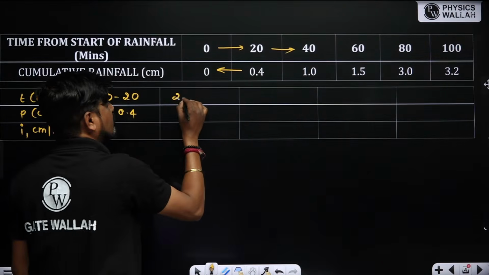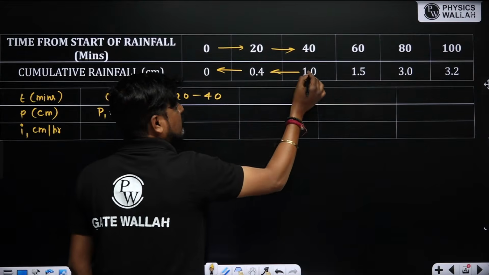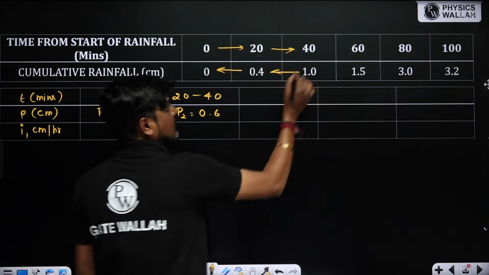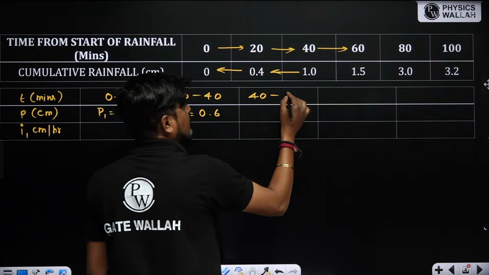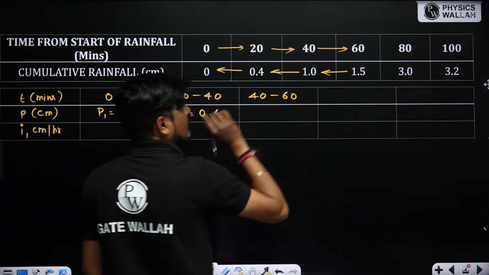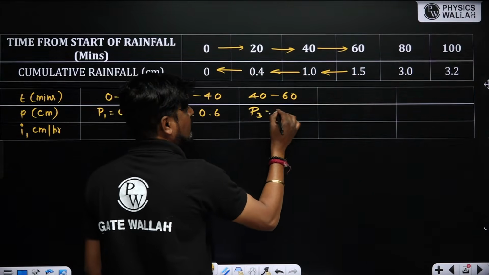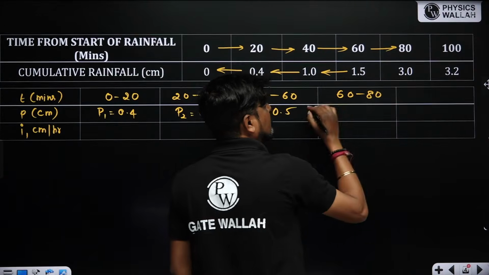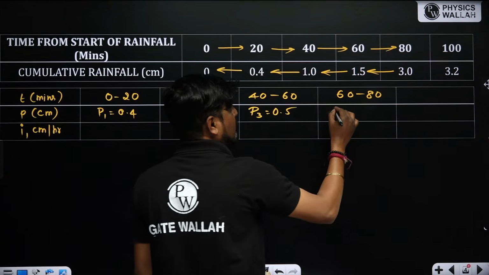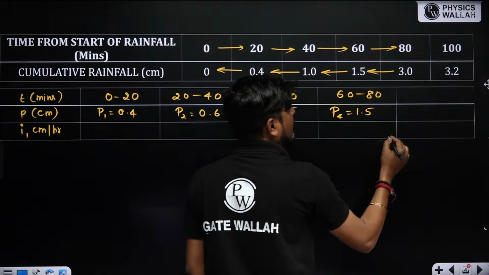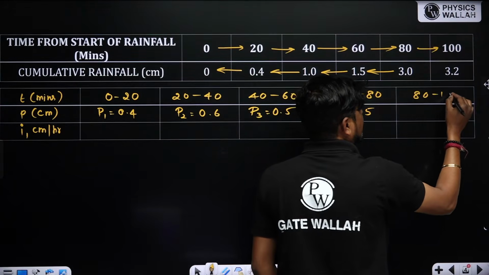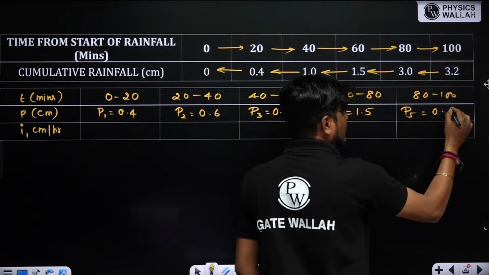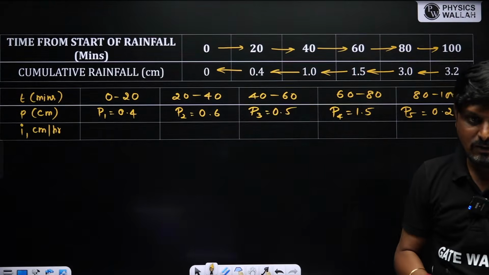20 to 40. Rainfall depth 1 minus 0.4, so P2 is equal to 0.6. 40 to 60, rainfall depth 1.5 minus 1, 0.5. P3 is equal to 0.5. 60 to 80, depth 3 minus 1.5, P4 will be equal to 1.5. 80 to 100, so 3.2 minus 3, P5 is 0.2. If there is any doubt, you can ask me at any time, okay? Now,